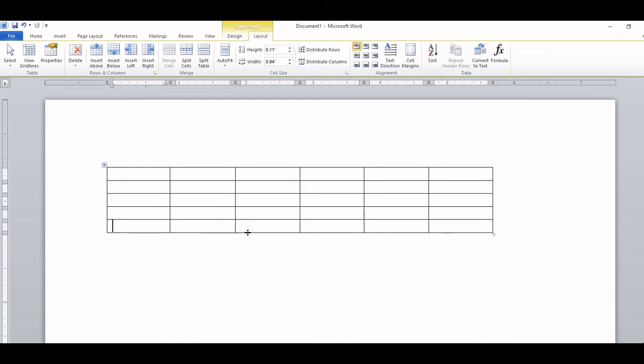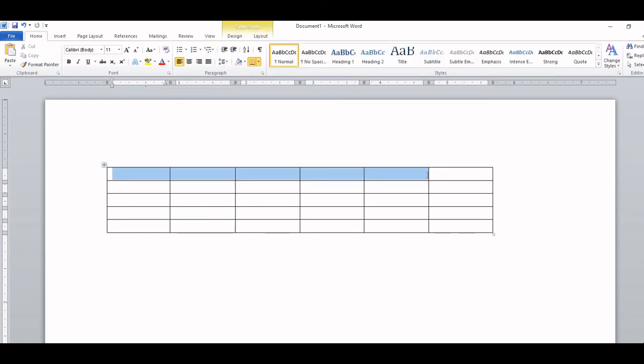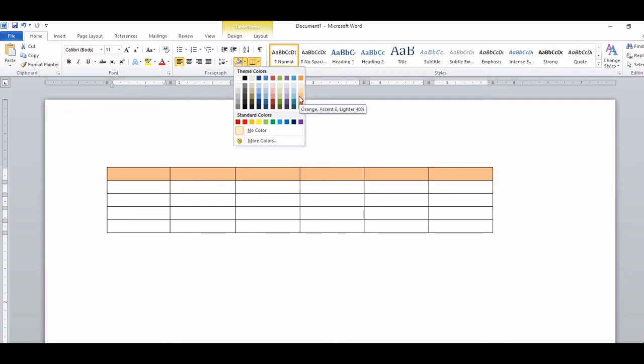We can also decorate with color the same way, like this under the Home tab. Suppose you want to change the color, select it, and from this Fill Color choose any color. The particular cells, row or column will be colored according to your choice. And whatever formatting we apply for normal text, the same way we can also apply the formatting here. Okay, so I am not showing the formatting of the table.